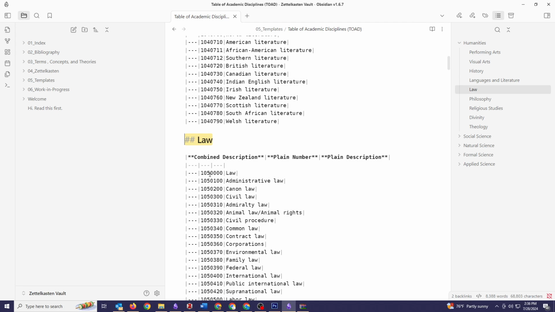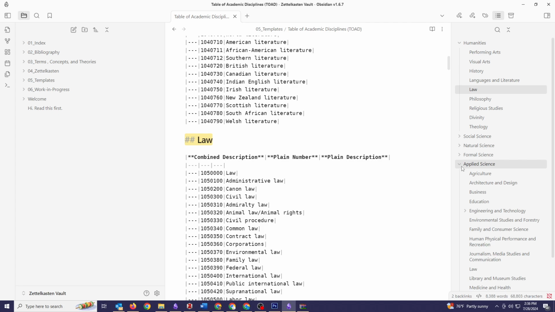So all of my stuff is not going to fall under humanities. It's not going to fall within social science. It's not going to fall within applied science. I need to be able to move and tie those things much more explicitly than Scott described in his book,